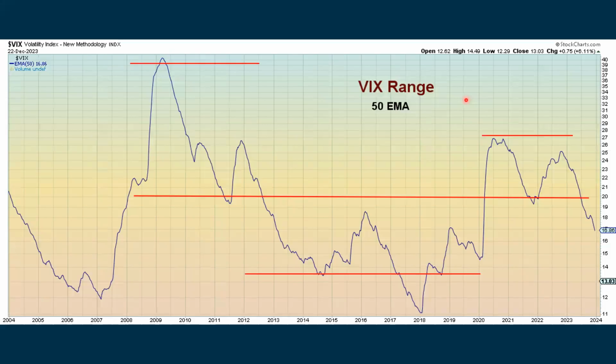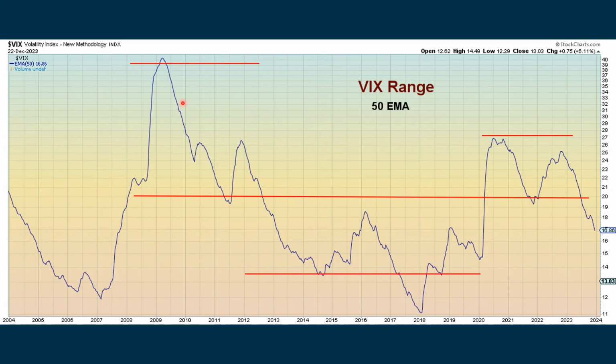The first chart is a chart of the VIX, and this measures volatility in stocks. We also call this the fear gauge. Now, the VIX is on here, but it's invisible. On top of that is a 50-period exponential moving average. When the VIX is really going up, that means there's a lot of fear in the market. When the VIX is going down, that means there's not a lot of fear in the market. When we get to an extreme reading and start to turn either positive or negative, we often use that as a contrarian indicator. Well, the VIX usually uses static numbers, 12 to the downside and 20 to the upside, but